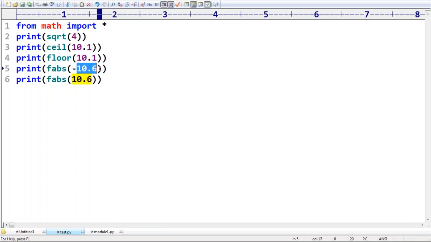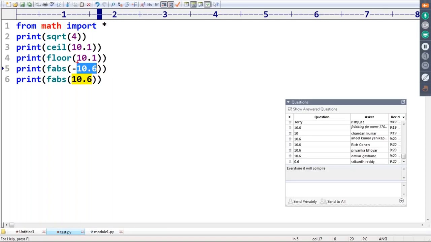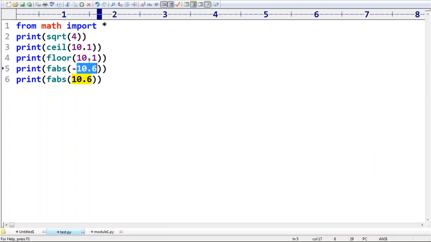Consider only the value. It is fabs, float absolute, not floor absolute.